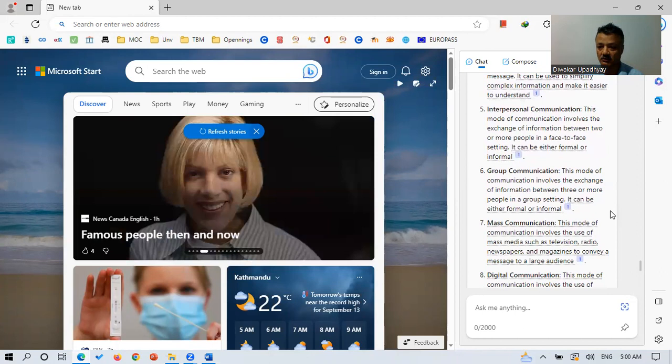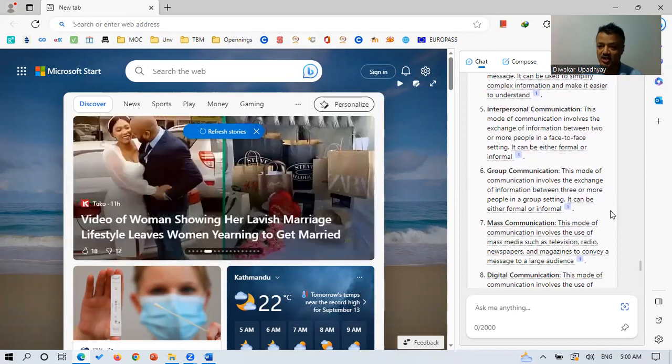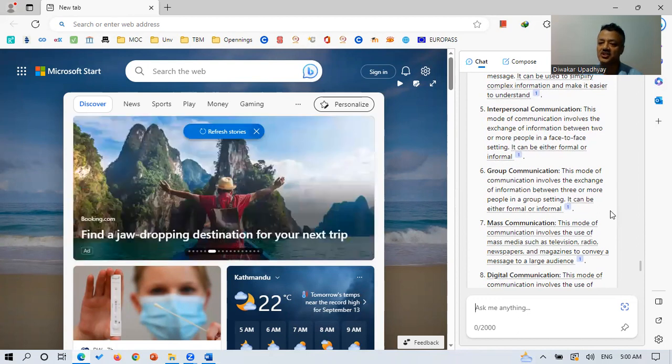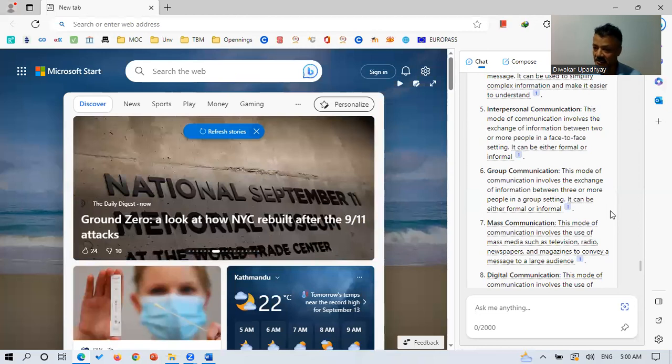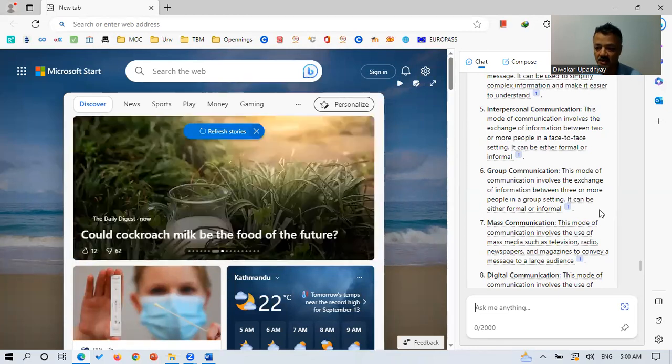Interpersonal communication. This mode of communication involves the exchange of information between two or more people in a face-to-face setting. It can be either formal or informal. Group communication. This mode of communication involves the exchange